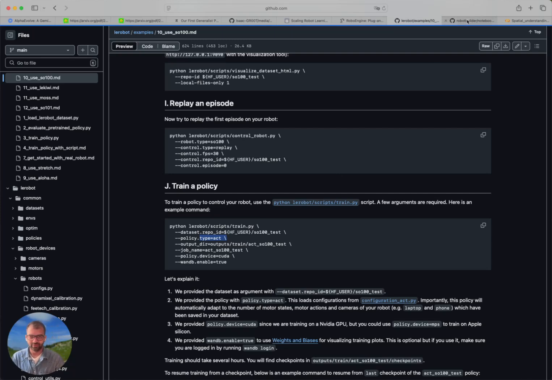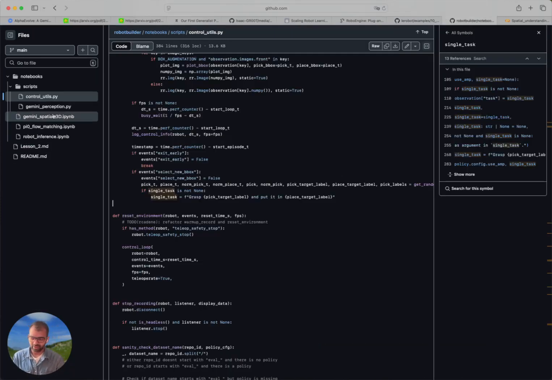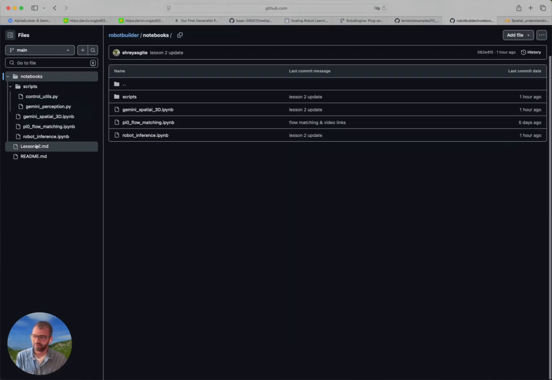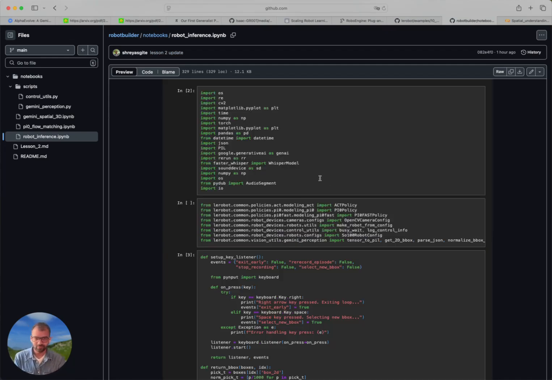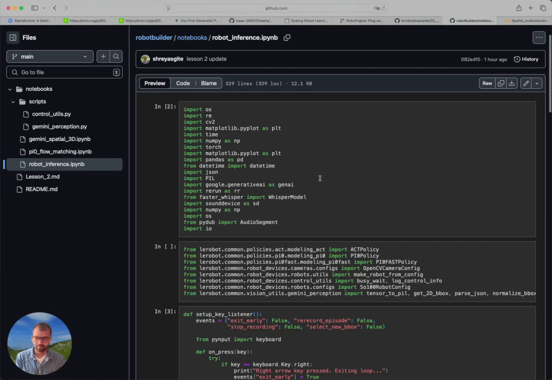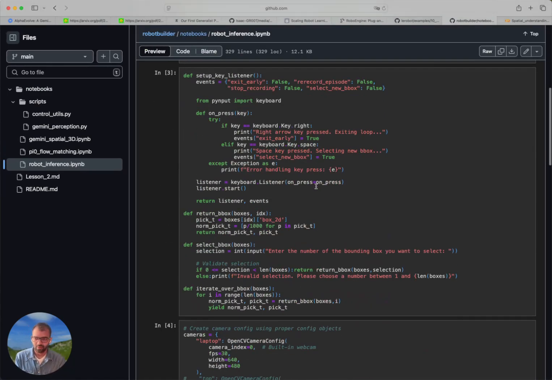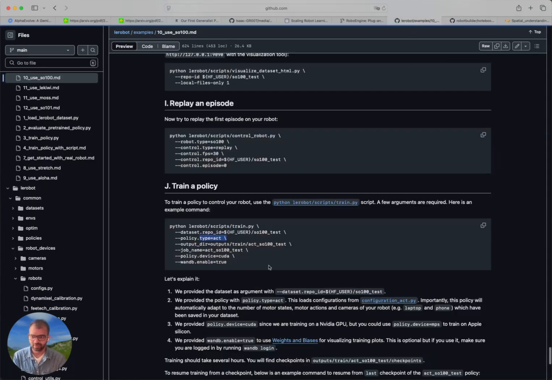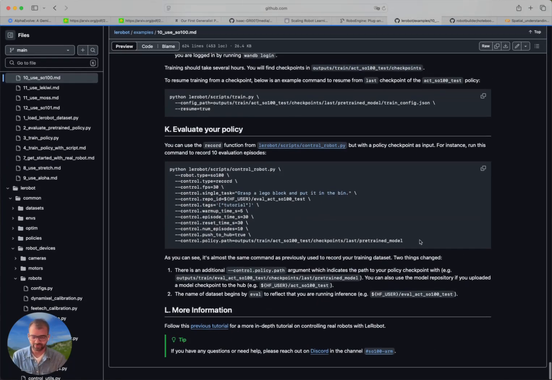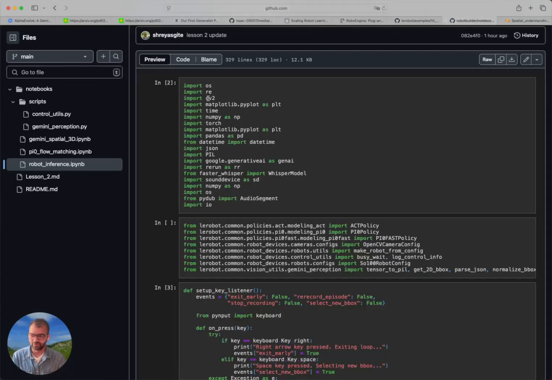Now, once you have a fine-tuned pi0 policy, you can then do the inference in a Gemini, the way that the Gemini Robotics people are doing it. Obviously, you can run the inference script, the eval script, which is perfectly fine. If you're running the eval script, remember to